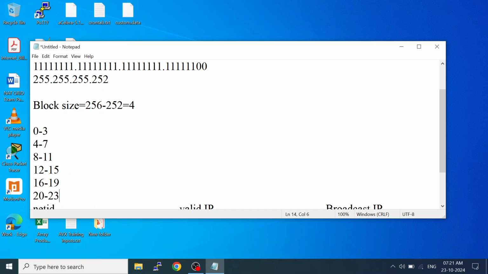Okay, and in class C we cannot create more than 64 subnets in one network ID. Suppose if I have to create 100 subnets, then what I have to do? I have to take two class C network ID. In one I will create 50, then another I will use and create 50, like that. But just to create 100 subnet, and the number of required IP is very less, then we don't need to move to class B, because class B have lot of IP addresses. Okay,